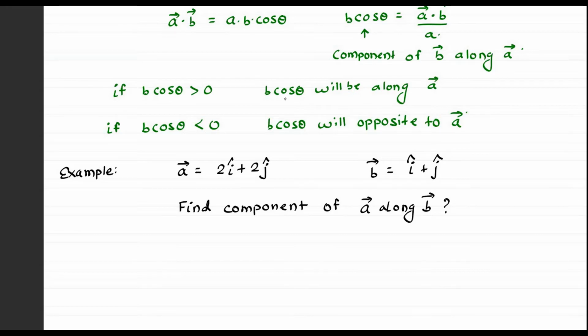Now let's consider this problem. I have to find component of A along B. So basically I have to calculate A cos theta, right? Fine. Can I write A cos theta will be, if I do dot product, it will be 2 into 1 plus 2 into 1. I cap से multiply होगा, J cap से multiply होगा. तो ये हो जाएगा 2 plus 2. Modulus of B will be root 2. So this will become 2 root 2. Correct? This will become 2 root 2.